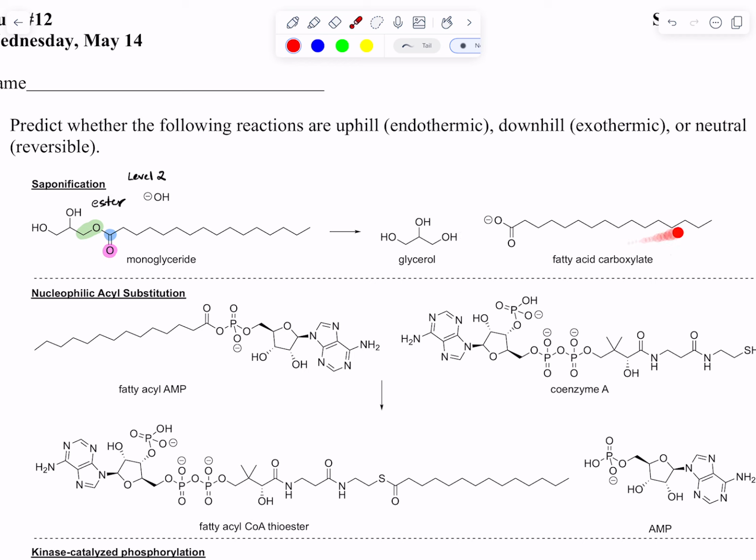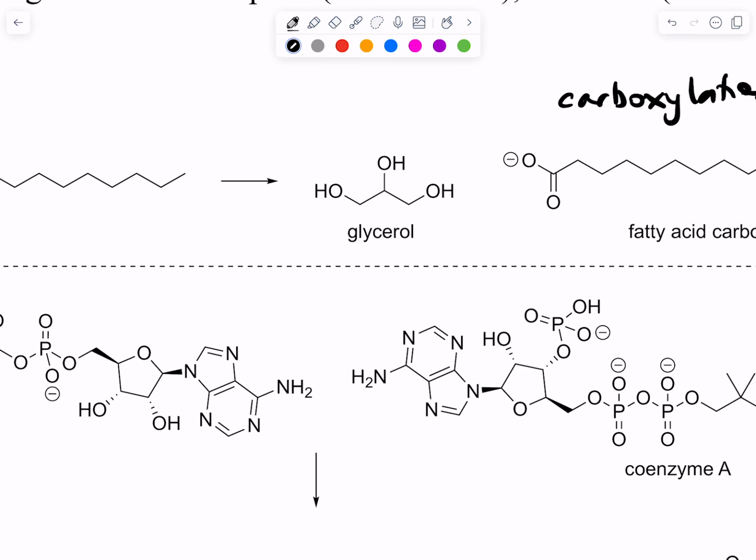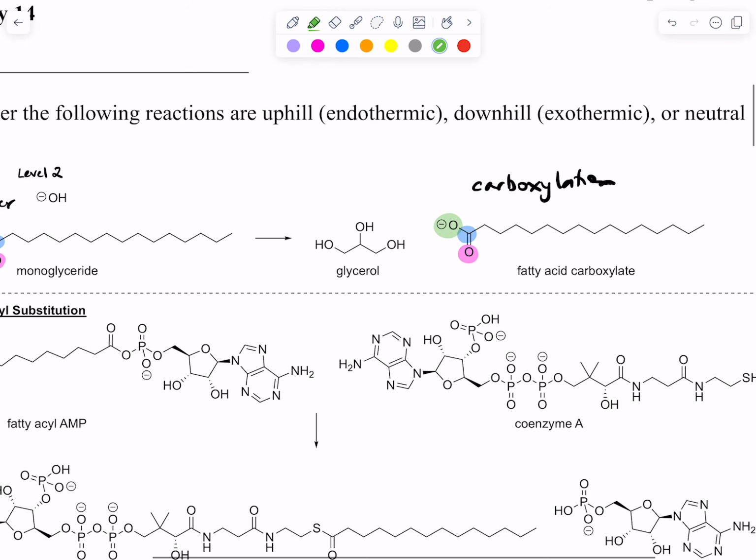What kind of carbonyl compound is the fatty acid? Carboxylate. It's got a long nonpolar tail, but you can recognize the carboxylate because it's got a carbonyl carbon, a carbonyl oxygen, and then in place of the leaving group, it's got a negatively charged oxygen. What reactivity is the carboxylate? Level 4, right? So level 2